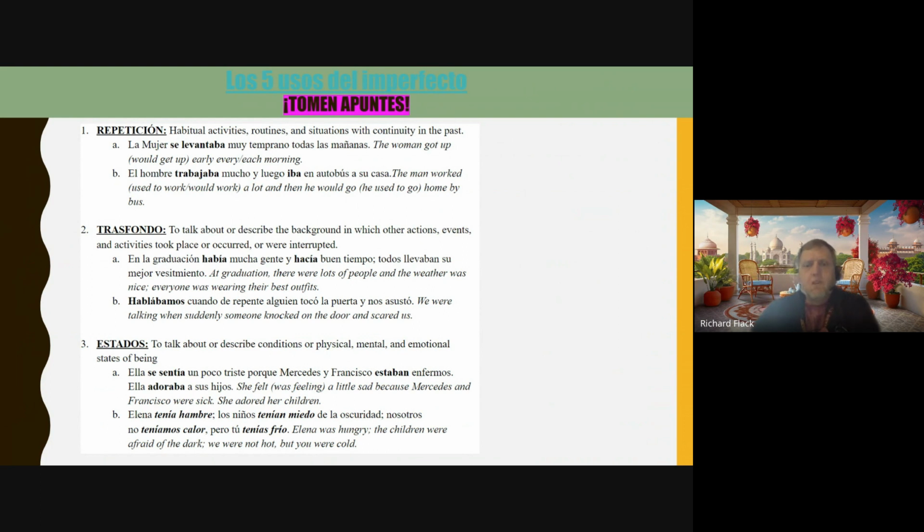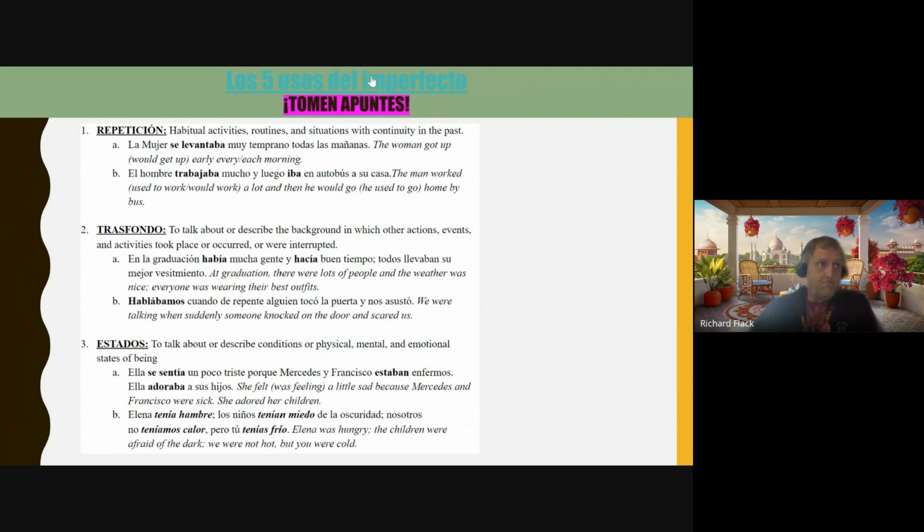So we talked about the imperfect tense usually translates as used to verb or was verbing. So those two things are going to be expressed in reasons number 1 and 2. So reason number 1 to use the imperfect in the past tense is for habitual activities, routines, and situations with continuity in the past. So in other words, things that from a past perspective we were doing over and over,